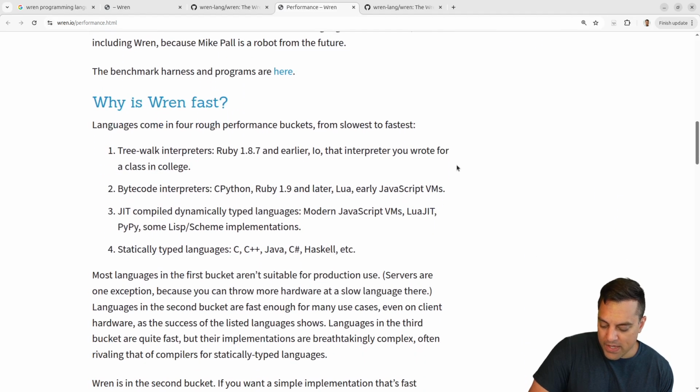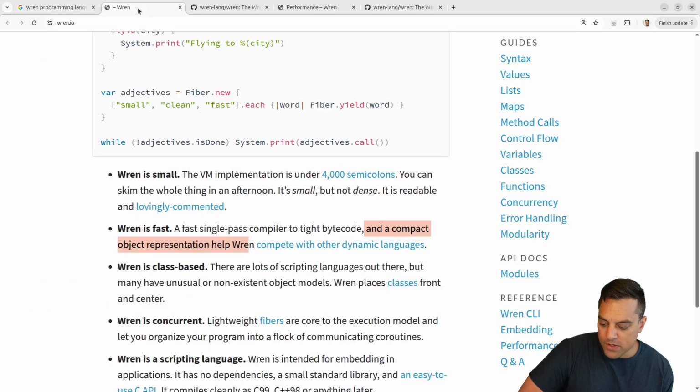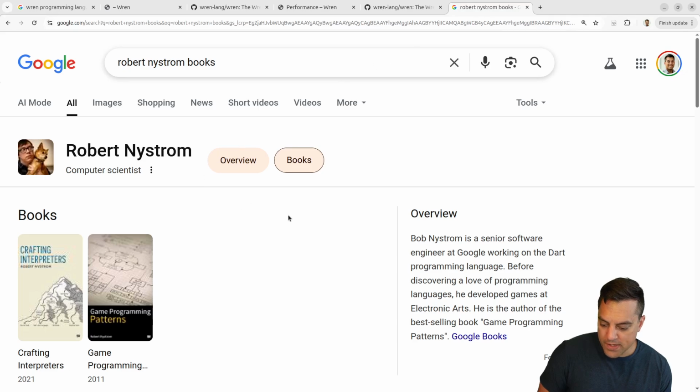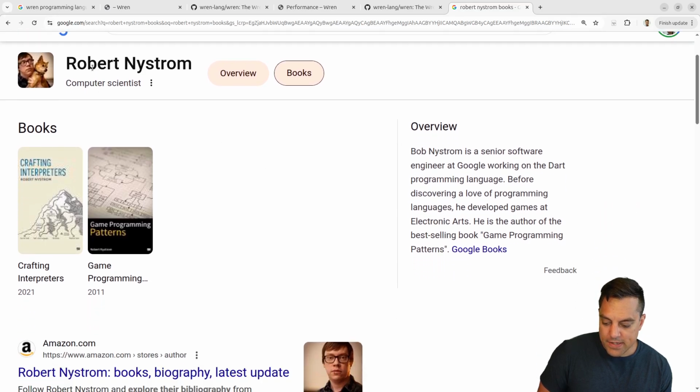Okay, and why is it fast? Well, it said it was compiling. It's a virtual machine, so it's getting a compact bytecode. That's the neat thing here. I will also mention with the Wren programming language, it's worth mentioning here, just through a quick Google search, that my understanding is the author is or